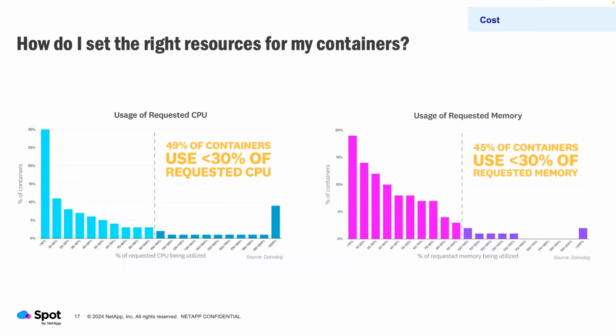And these are just some charts to highlight what's actually happening with the resources that are being requested. From a CPU perspective, 49% of containers use less than 30% of the requested CPU. So that means our developers are putting in there that they need 10 CPUs, and they're using 3. Wasted resource. Same with the memory: 45% of containers use less than 30% of requested memory. They're putting in a number for their requested memory requirements, we're having to fulfill those, we're having to accommodate those on our cluster, but people aren't using them. It's a waste of resource, it's a waste of money, and it's not necessarily visible to people.